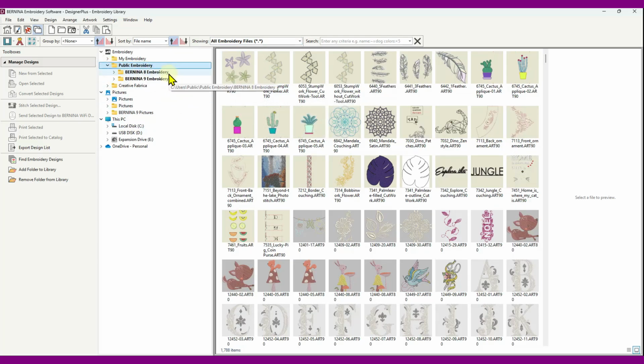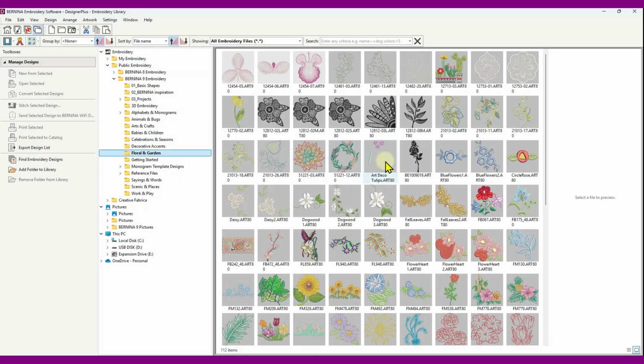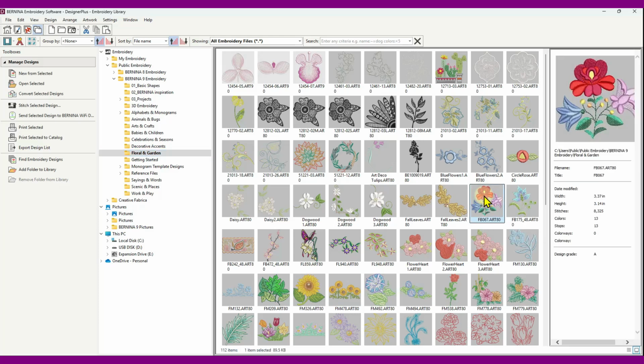So let's just narrow it down. Let's go to the Bernina 9 Floral and Garden. Okay, so I have got that same design already open in my software, so we'll see if this will work if I just send it from here. So I'm clicking on it to select it, and then my Stitch Selected Design becomes available, and my Wi-Fi option becomes available. So this is the same as send the design to your machine. So if I click on that,